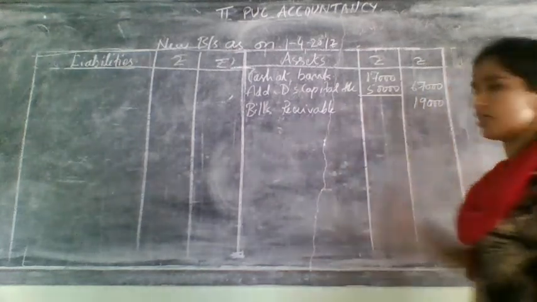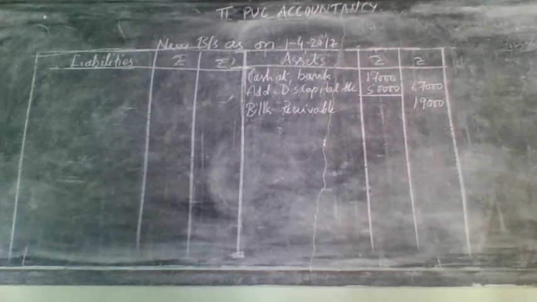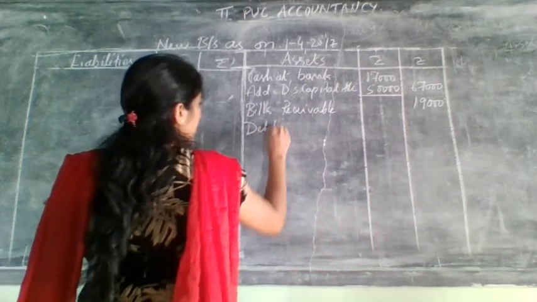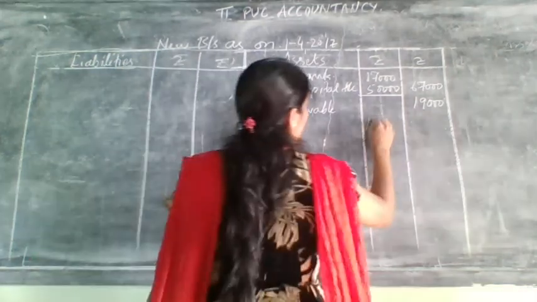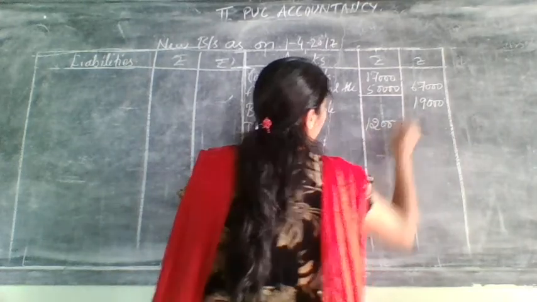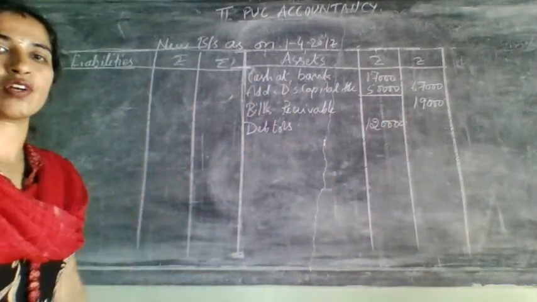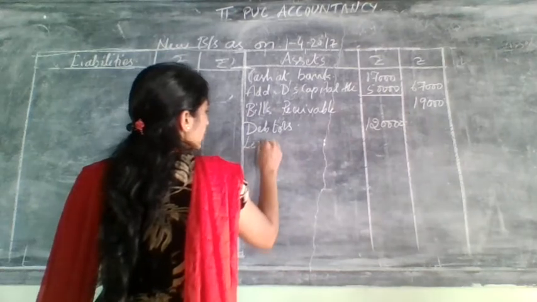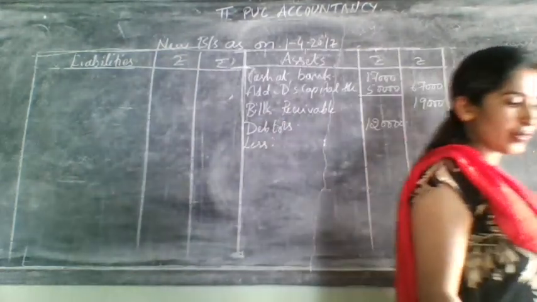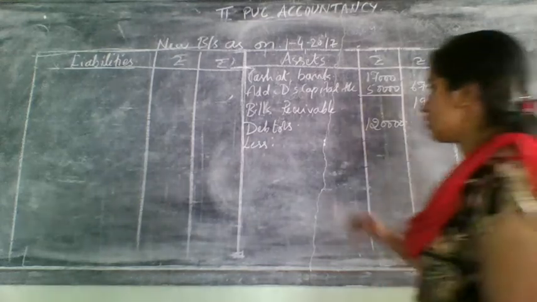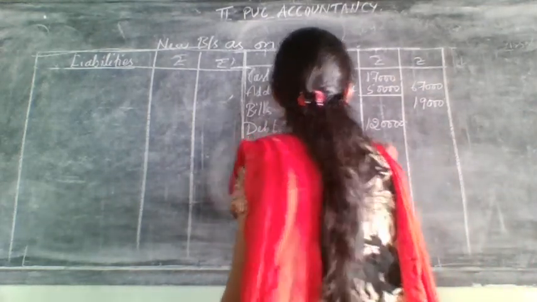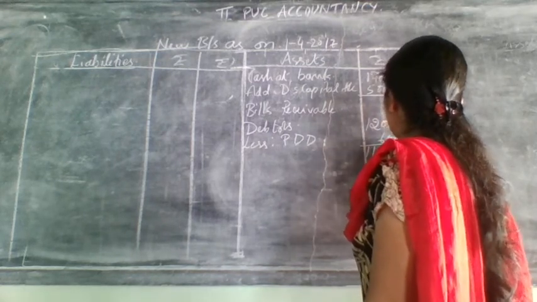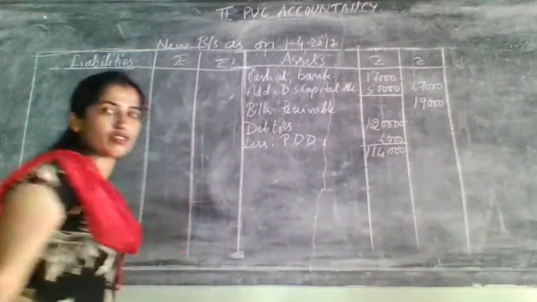After writing this, now one more adjustment came, that is debtors. Debtors is having an adjustment: one adjustment in the old balance sheet and one more adjustment in the adjustment column. So first we will do the adjustment whatever is given in the old balance sheet. Debtors they have given. For this you need to do less. How much less? Less PDD, it was 6,000. So in the outer column they have given 1,14,000. Correct? 1,14,000 they have given.